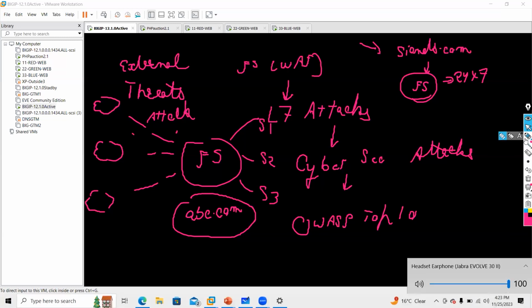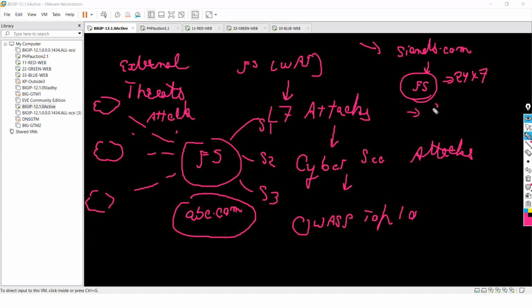Second thing, guys, what companies nowadays want is security, that my website should be fully protected and no one can hack it. And third one is availability or scalability, you can also say. That is what your F5 provides, guys. That is where the F5 load balancer comes into the picture a lot.